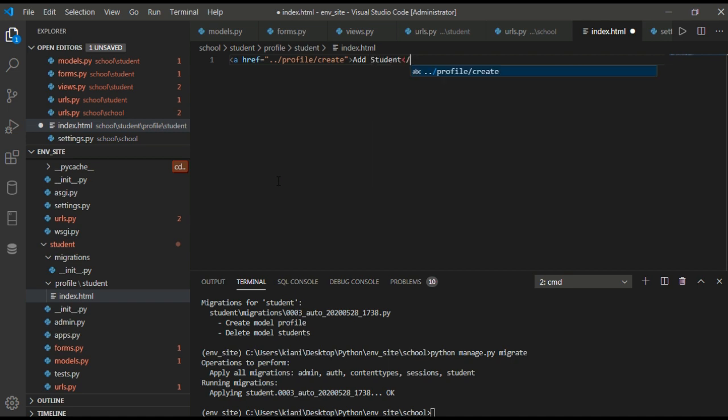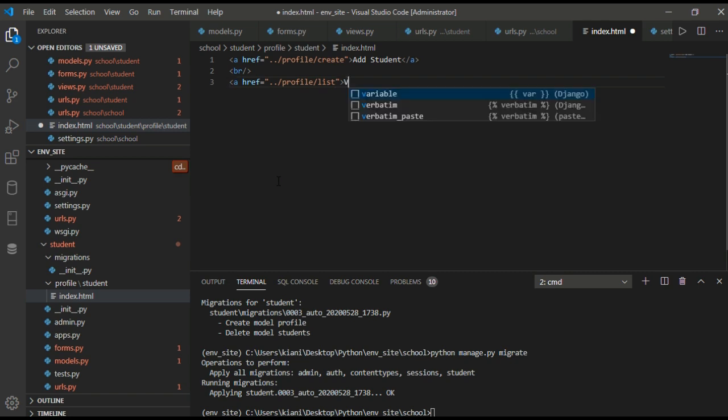Or add profile, and we have br and we have another a href, this back directory, and then profile, we have list for listing, right? View all.